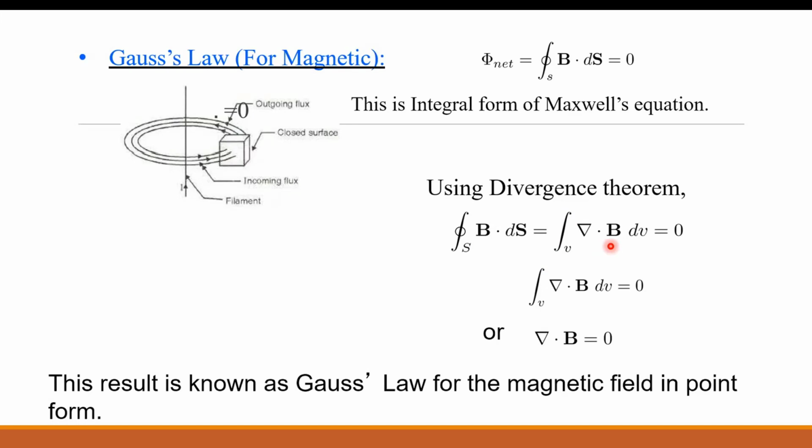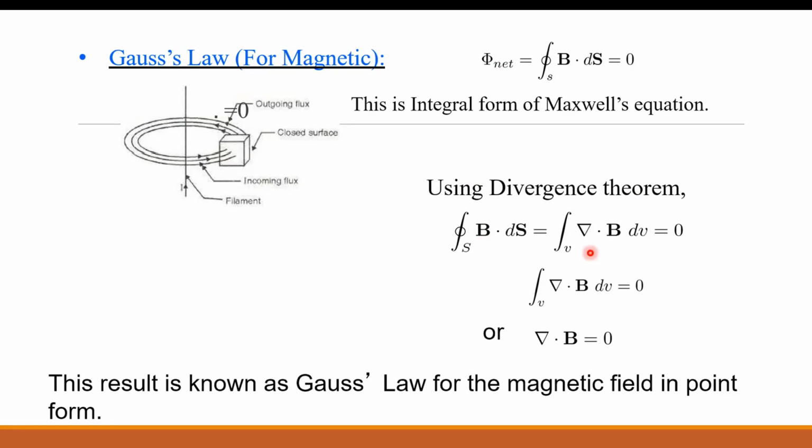and that is already 0. So this is also 0. Okay, small dv is what? Volume, the element of the volume. Del dot b bar means divergence of b bar, and b ds is nothing but flux phi. Right. So according to divergence theorem, we have related surface integration to volume integration.